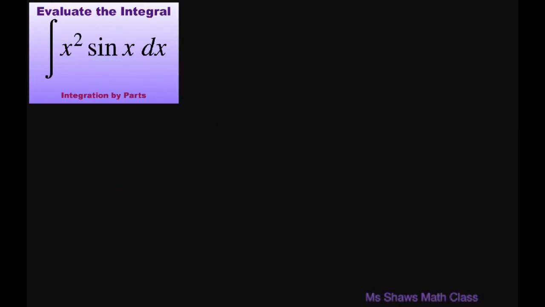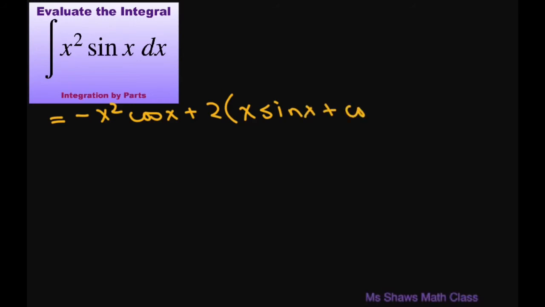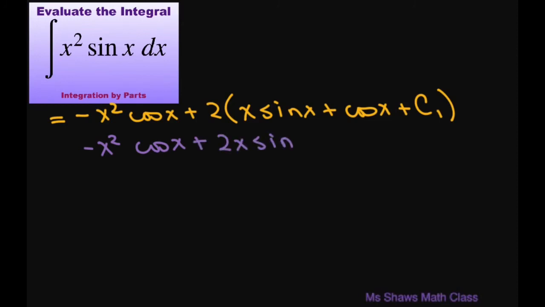And you're going to get this equals negative x squared cosine of x plus 2 times x sine of x plus cosine of x plus our arbitrary constant there. Now, this is going to equal negative x squared cosine of x plus 2x sine of x plus